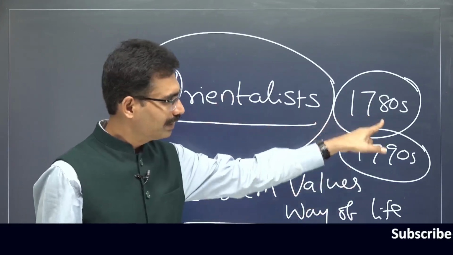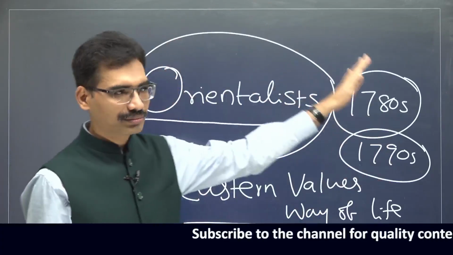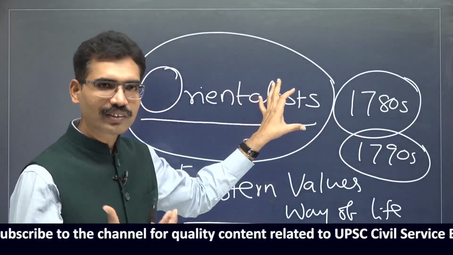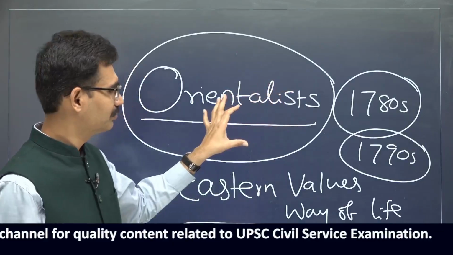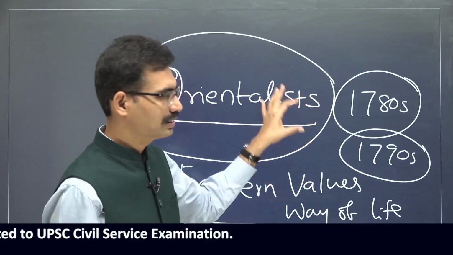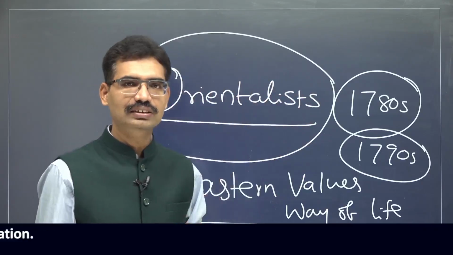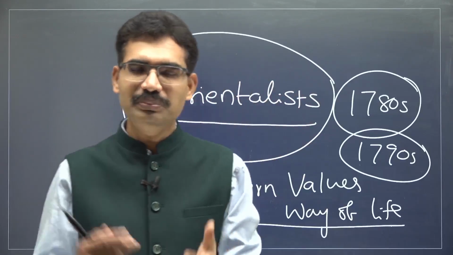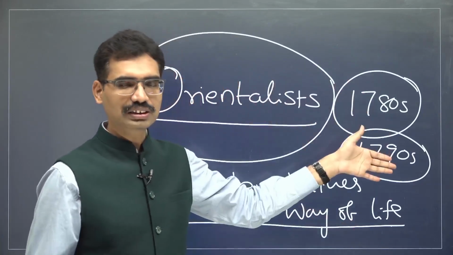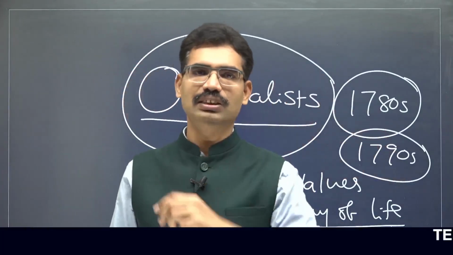Now, meanwhile, in 1780s, 1790s, something is happening in England also. In India, this generation were trying to understand Indian values at the root level, grassroots level. And these people go to England and they will take this knowledge there also. And they are the one who introduced Sanskrit subject also in their universities. Like in India, English is introduced in India. Similarly, in European universities also, Sanskrit is introduced.